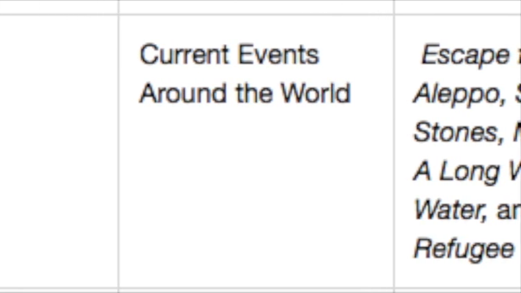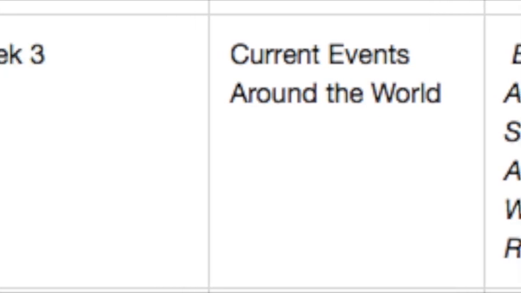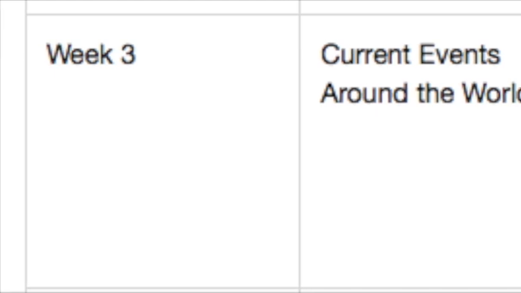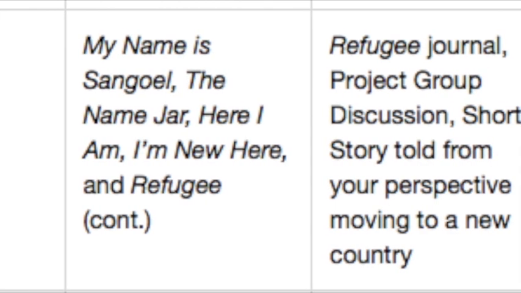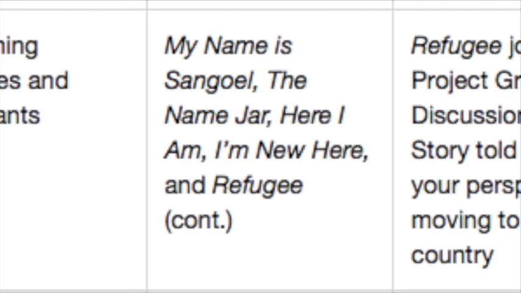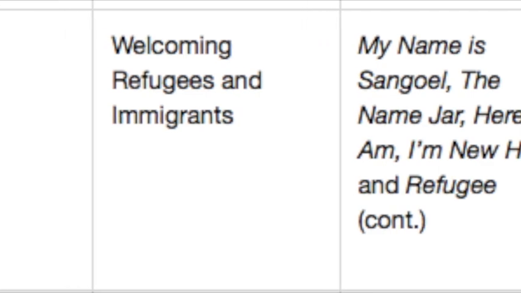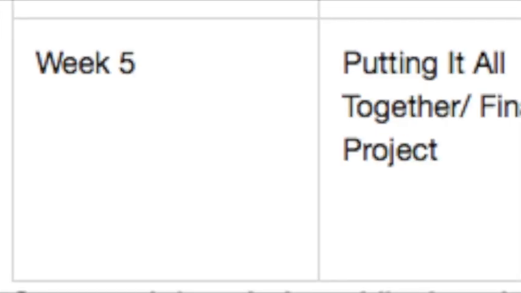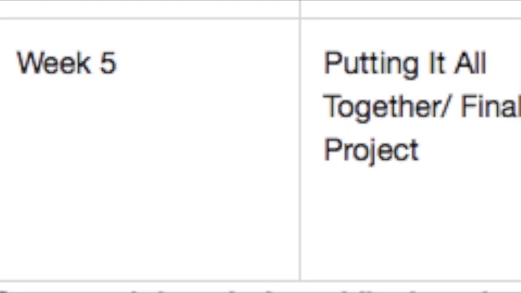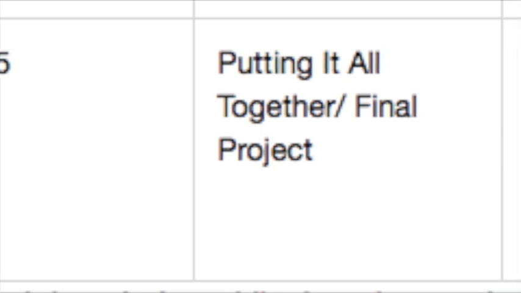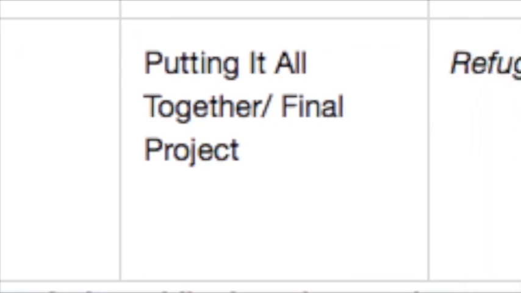In the second week, when we focus on the push and pull factors of immigration, students will again get to discuss and do some research and make a graphic organizer to fill in the push and pull factors that they observed in the books they read, and then also add more examples of those that they found through their research. Then in the third week, when we talk about current world events, students will get to research and find a recent news article on the topic of immigration and refugees, write a summary of that article, as well as reflect on that article and how it relates to what we've talked about that week.